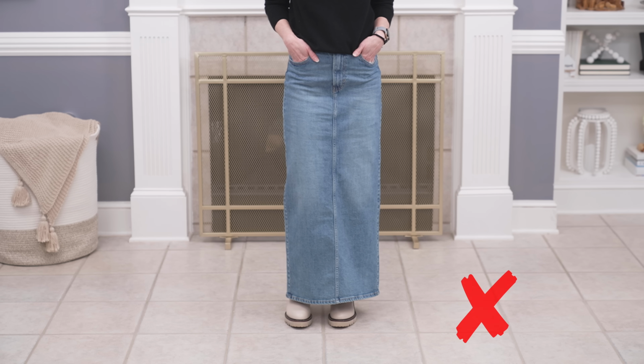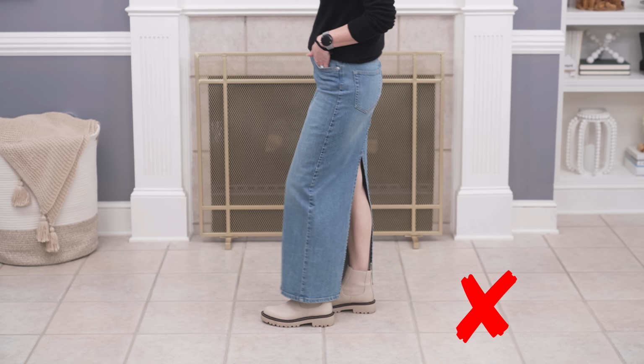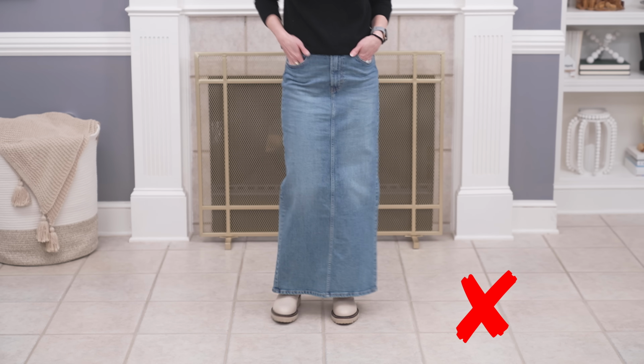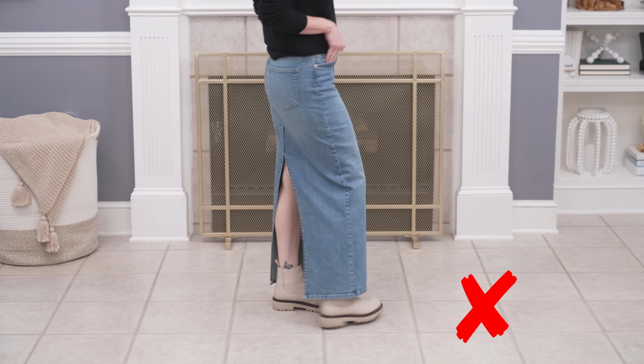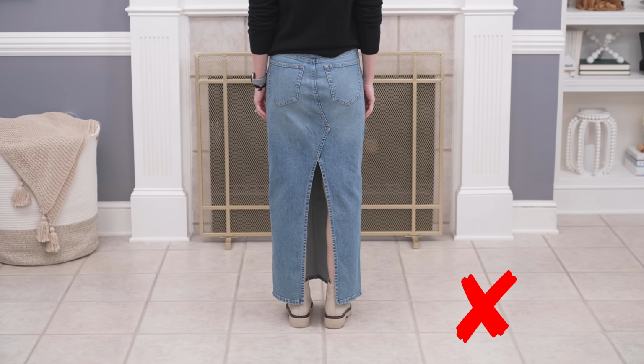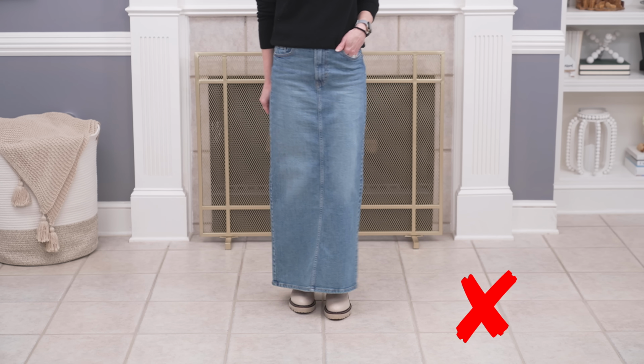So there are two other options that I did not love with the skirt, and one is a Chelsea boot. So you can see how chunky the Chelsea boot is with the lug sole. And I think really it is that big kind of flat lug sole that just kills this. So I would definitely stay away from anything that added a lot of bulk like this. And with it being flat, it makes the skirt longer and sits on top of that boot,